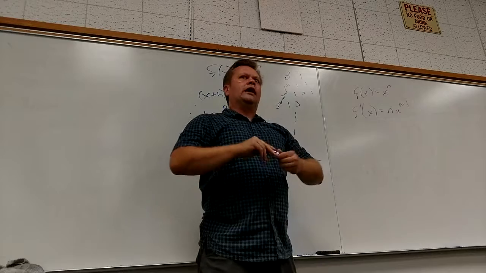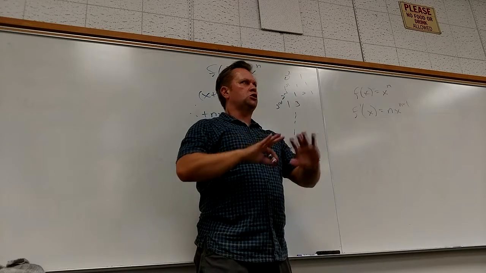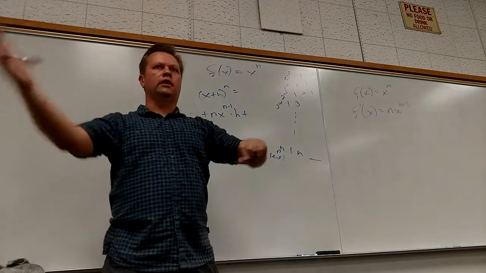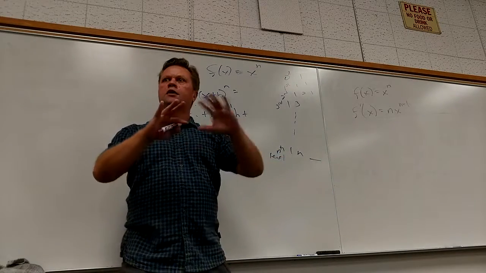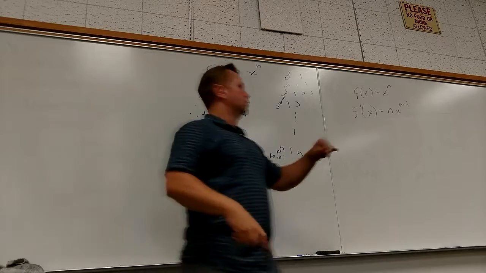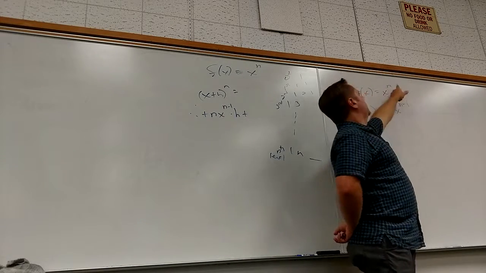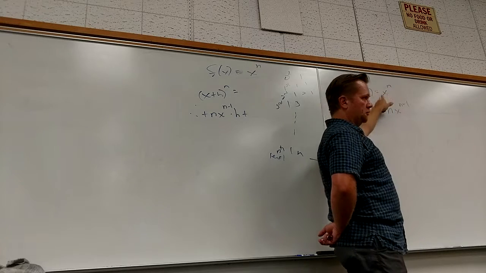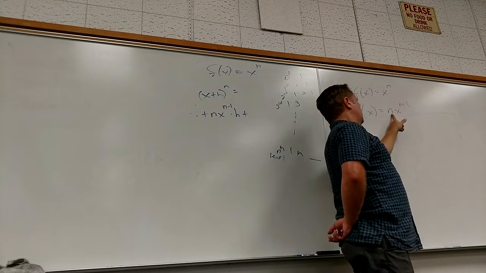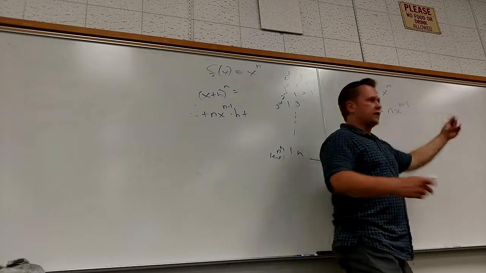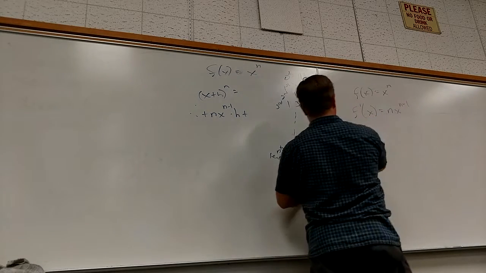So what does it look like happens to make a shortcut out of this? We had to get there a very long way using the limit definition, exploring that. But now I can make a shortcut out of this. It looks like the power comes down, and then it goes down by 1. So for example, if I've got